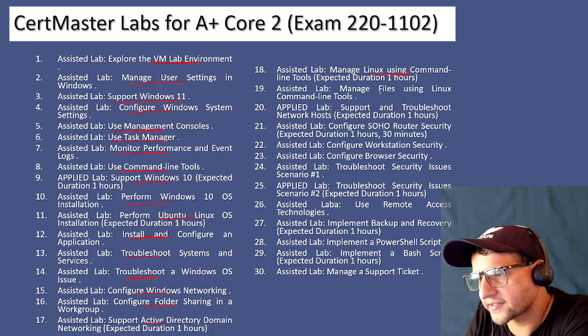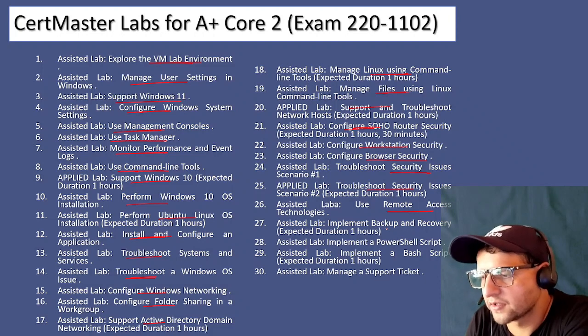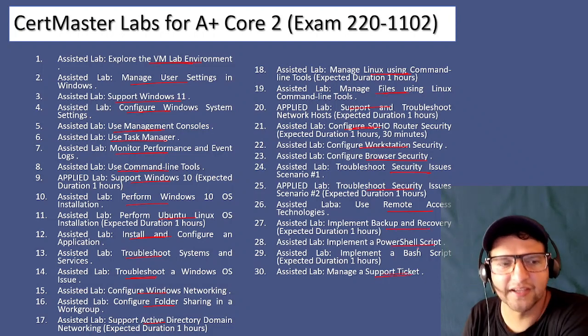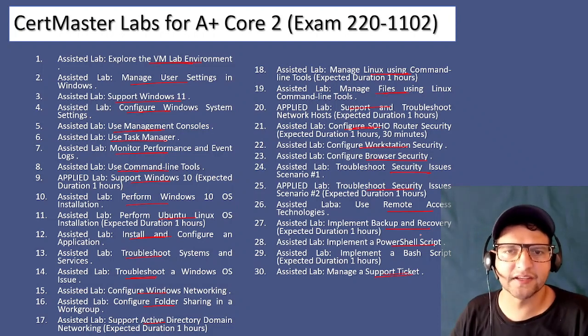Then you got to understand about Linux command line tools, support and troubleshoot network host, configure SOHO router security, workstation security, browser security, or some troubleshooting scenarios. Then you got how to use remote access technologies, how you use backup and recovery, PowerShell, and support tickets. So these labs are very interesting because they're going to cover all that what you need to know, because after